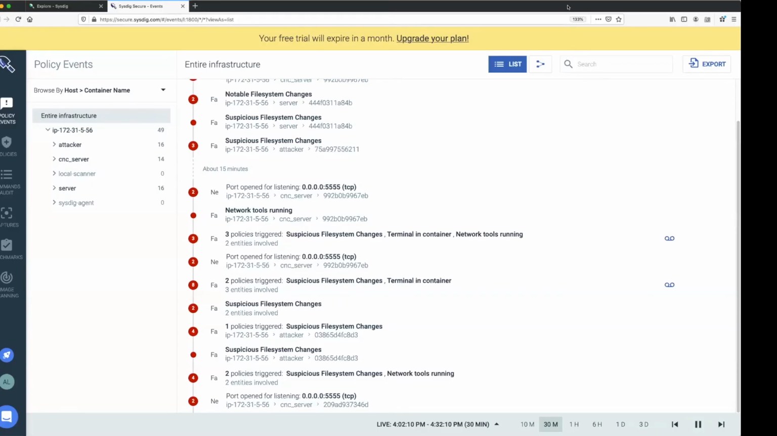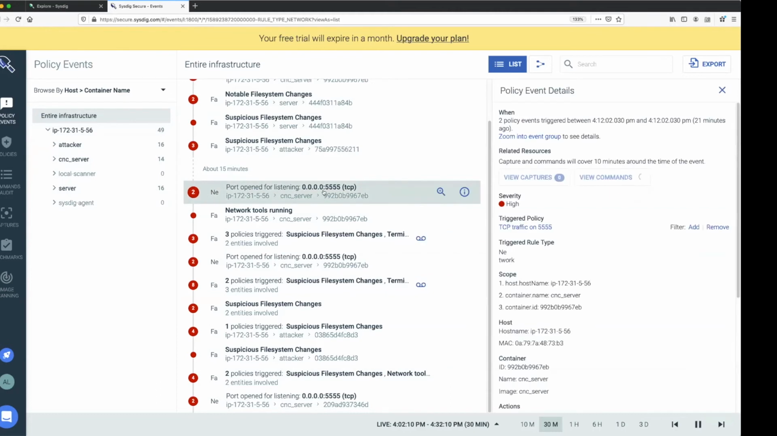Thanks. So what I'd like to show you all is what just happened, but from the Sysdig perspective. We'll go through the interface here in Sysdig, and you can see we have a running list of commands and things that we detected happening inside of those various containers. Over here you can see that we have the server, the CNC server, and the attacker, and there's a bunch of activity we've picked up inside of those various containers. If you highlight one of these, like this one called port open for listening,